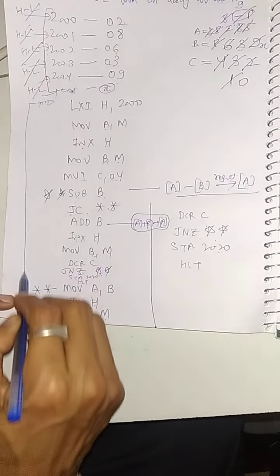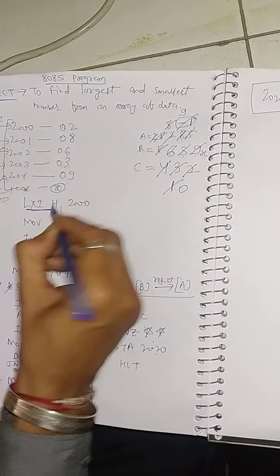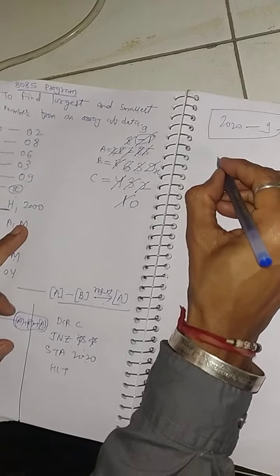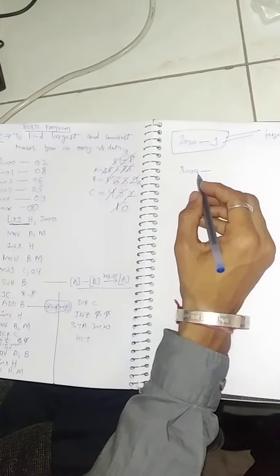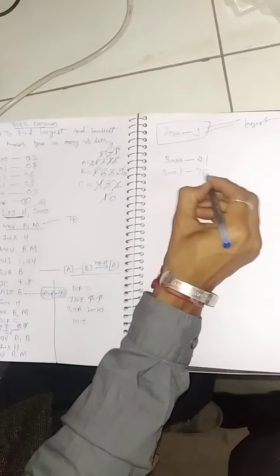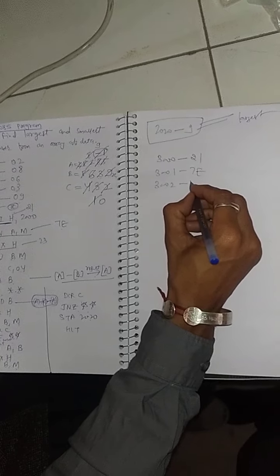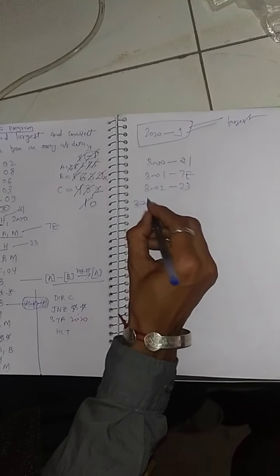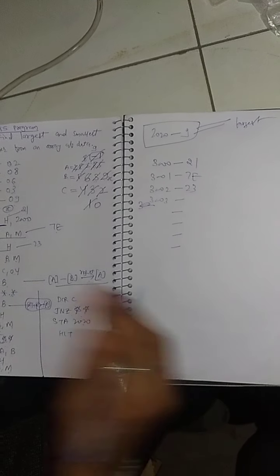Now after seeing the hex code of all of these, we will perform it on the microprocessor kit. So first of all, let's suppose we start the program from the 3000 memory location. So there, definitely at 3000 will be the hex code of LXI H, and it is 21. The hex code for MOV A, M is 7E, so 3001 is 7E. Then INX H. What is the hex code? The hex code is 23, so at 3002 it is 23. Similarly 3003, 3004, 5, 6, and we will just choose the hex code and perform it on the kit.